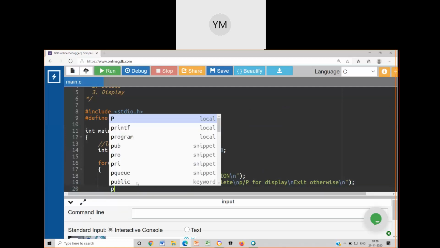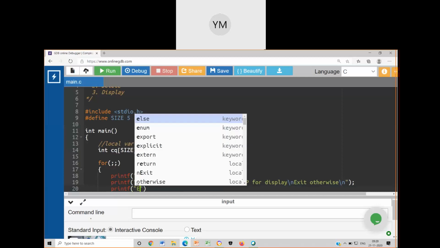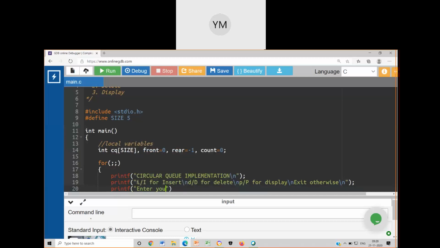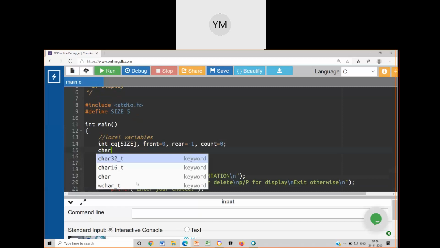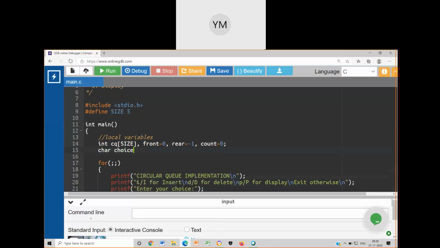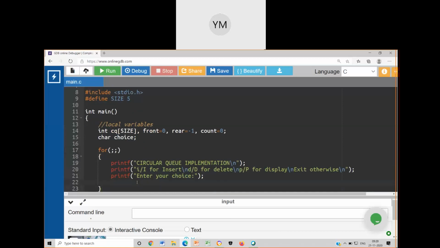So printf, enter your choice. Before I proceed ahead, I need to declare one more variable, which is a choice variable, and I want to declare it as character.